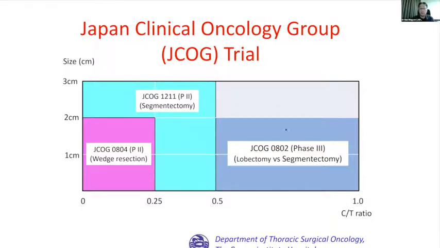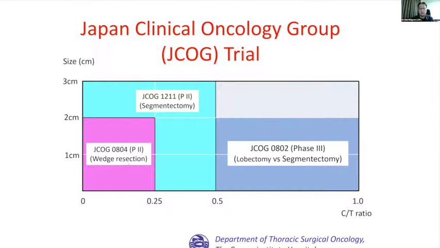This is the most important randomized controlled study. For patients with a tumor of 2 centimeters or less, whose consolidation to tumor ratio is 0.5 to 1, radiologically invasive lung cancer, we are now comparing lobectomy versus segmentectomy. This is a randomized controlled study. And for tumors of 2 centimeters or less whose CT ratio is less than 0.25, radiologically non-invasive lung cancer,